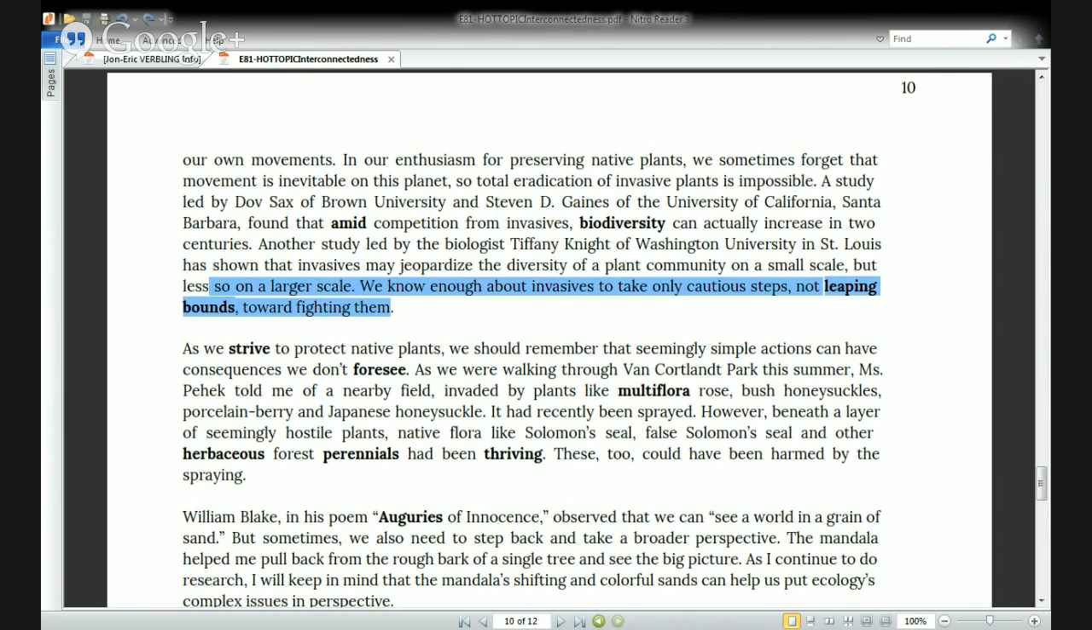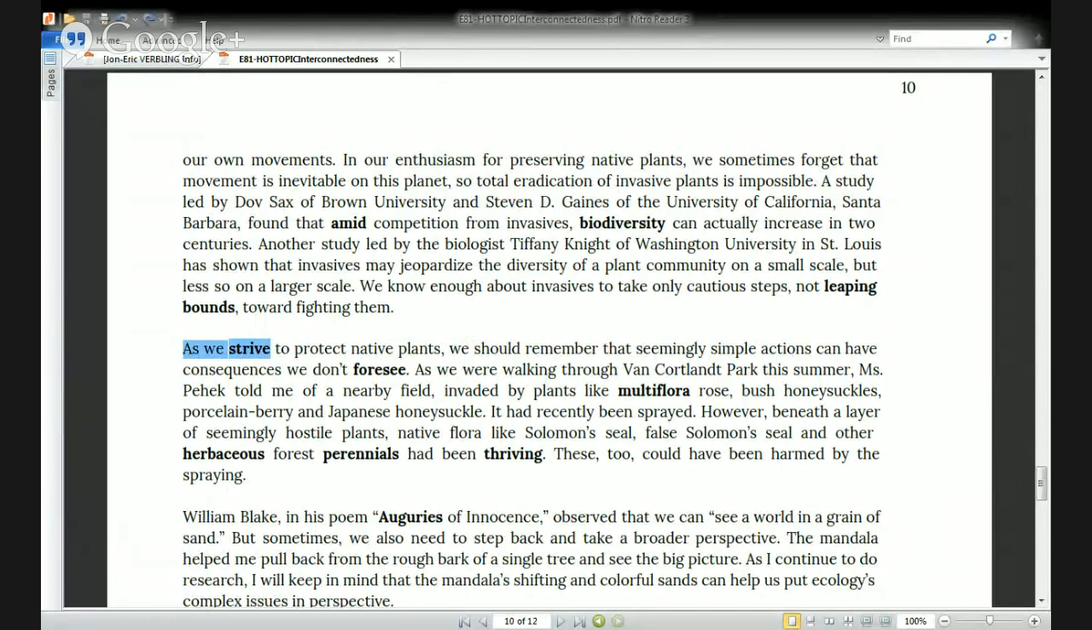Well, we're almost finished here. So, Artur, you read. Igor, you're going to do the next paragraph, and Yuki the last one, and then we'll talk about this one. Okay. Go for it, Igor. As we strive to protect native plants, we should remember that seemingly simple actions have consequences we don't foresee. As we were walking through one Cortland park this summer,